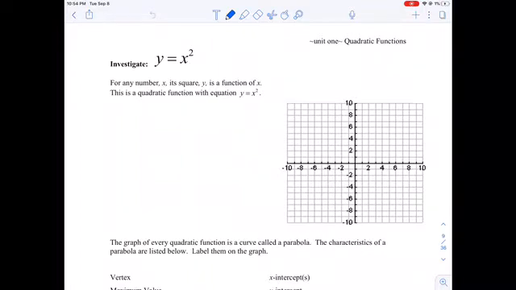So what I want to do is create a simple little table of values where I'm going to put numbers in around the origin. I'm going to put in values of -3, -2, -1, 0, 1, 2, and 3. And if I take those values and square them, -3 squared is of course 9, -2 squared is 4, -1 squared is 1, 0 squared is 0, and then we get 1, 4, and 9. So when we plot those points, -3, 9, -2, 4, -1, 1, etc.,